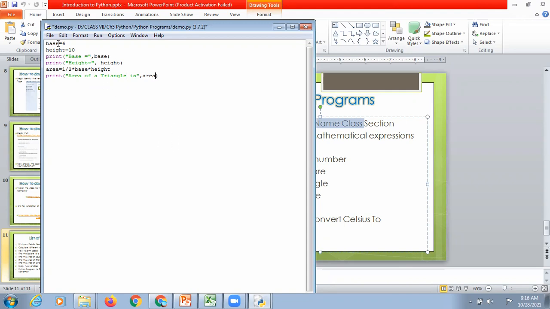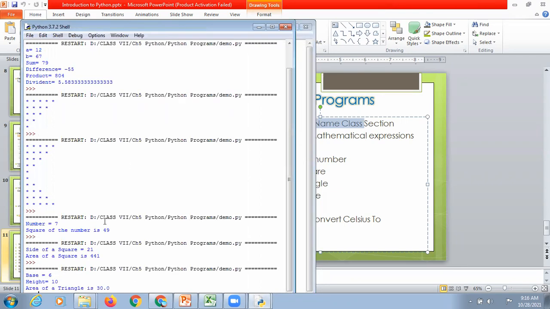Okay, now let's check. Save, control plus F, run F5. So if base equals to 6, height equals to 10, then area is 30. Half base into height होता है, right? So it is 30.